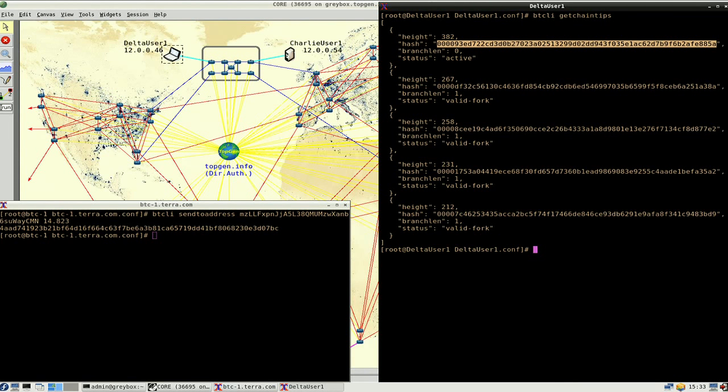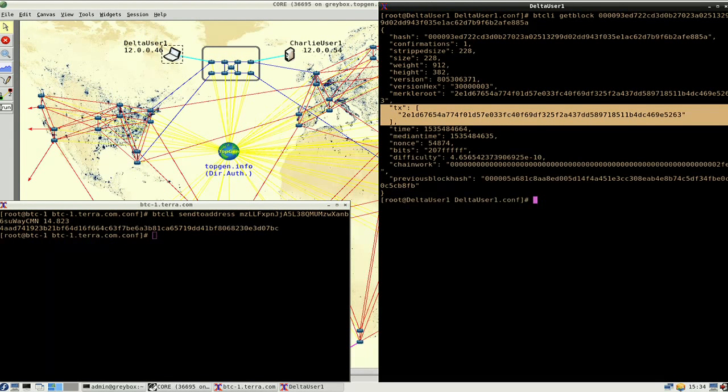And we can then getblock on that hash and dump the header information, which looks a lot like the ASCII version of the picture you had of the block header. It has a whole bunch of metadata about the block. It has the height of the block in the chain and a comprehensive list of transactions, which is highlighted in the figure right now in the image. As you can see, there's only one